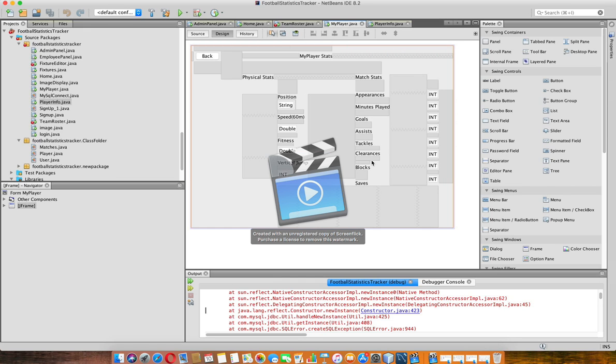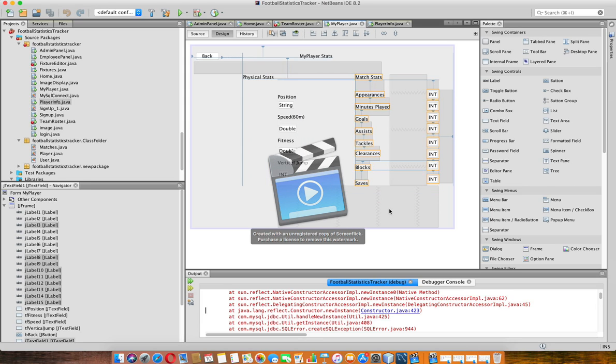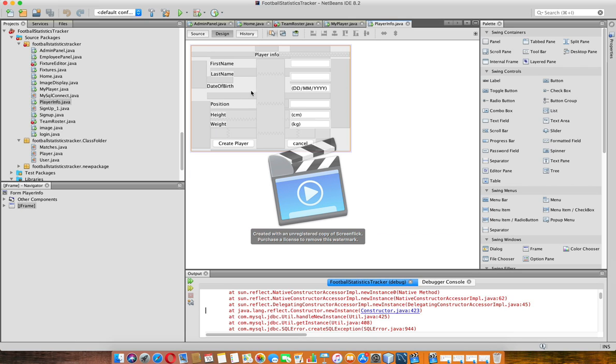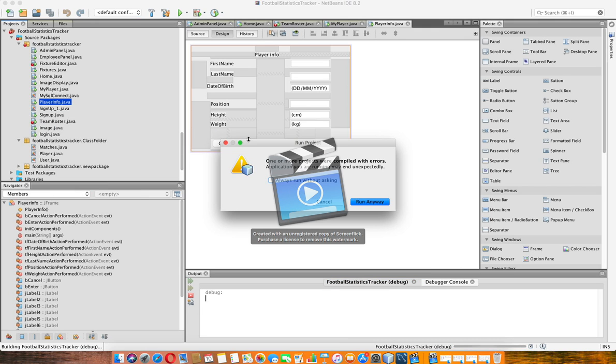This one is like the physical, like match statistics that the player has, and so I'll be adding a picture of the people here along with their names and position, and all these integers and doubles will be calculated along the way once they perform in the matches. And so here with my player information, when I run this,